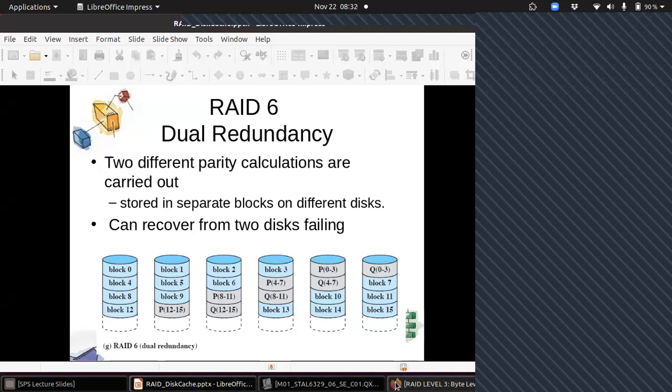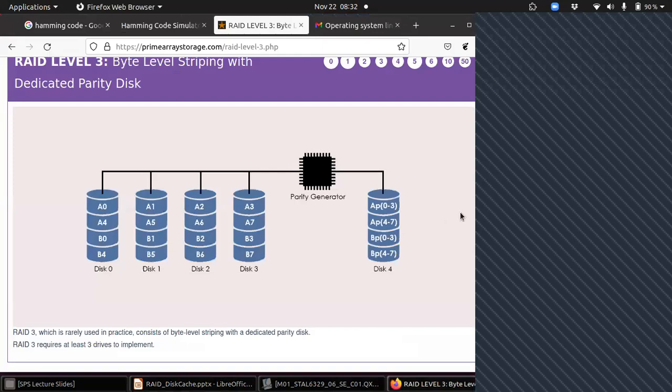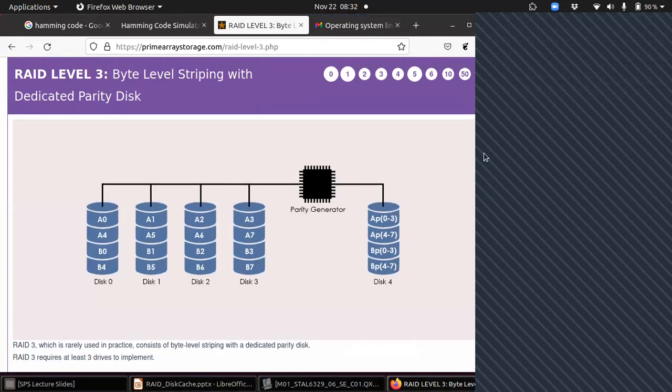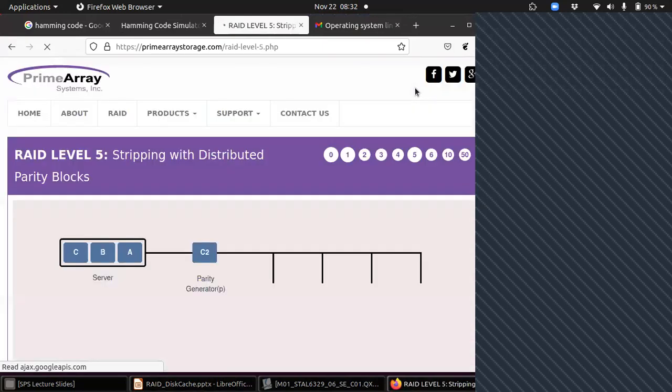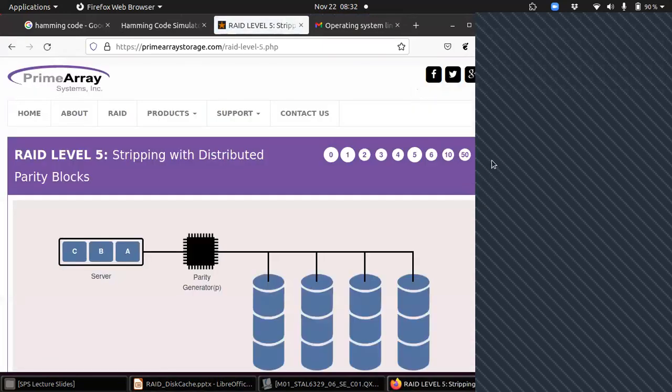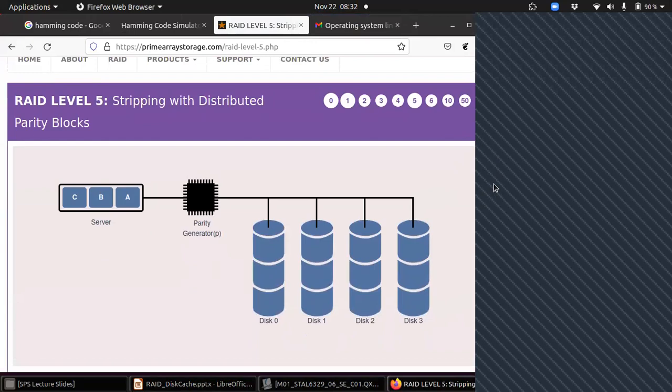Then, this is not given in your book, but I'm discussing it here. Let me show you RAID 5 first. So what is RAID 5? Just see here. Whole data block A is divided into these 3 parts, and parity is stored here.